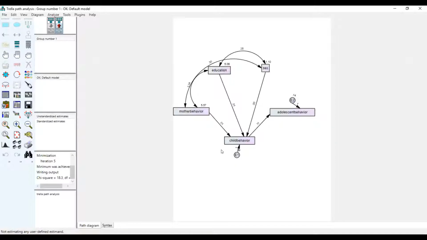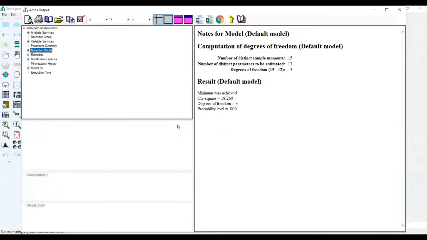Okay, and these are the estimates. Now, before I can interpret any estimate, I need to look at model fit. So I'll click on view text. The top results here show that the chi-square is 18.26, degrees of freedom of 3, a p-value of 0.004. So this model doesn't have exact fit. It doesn't fit exactly to the data because the chi-square test shows that this model fits significantly worse than